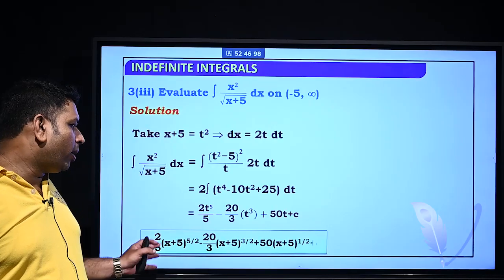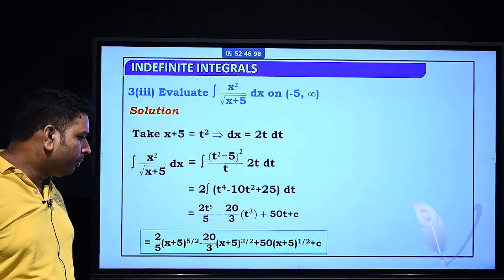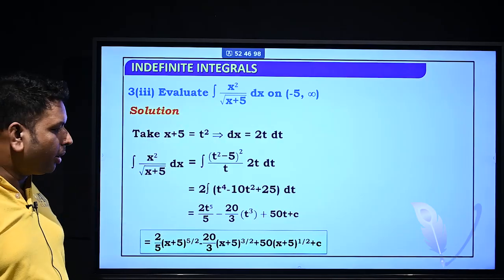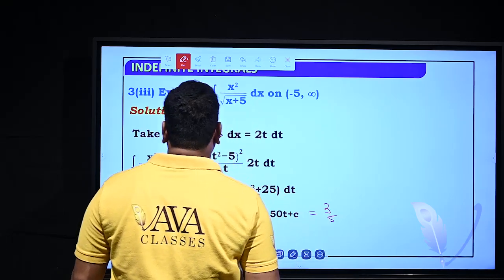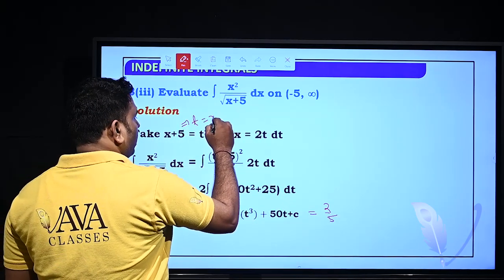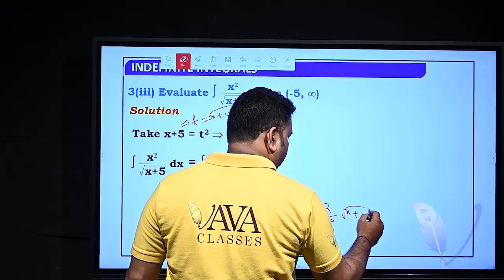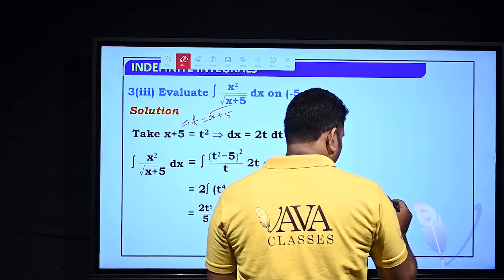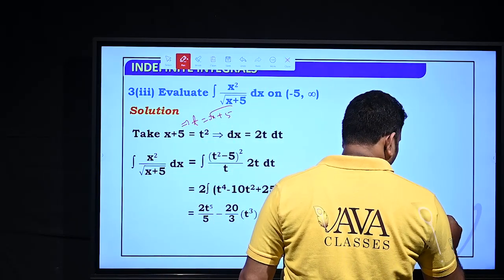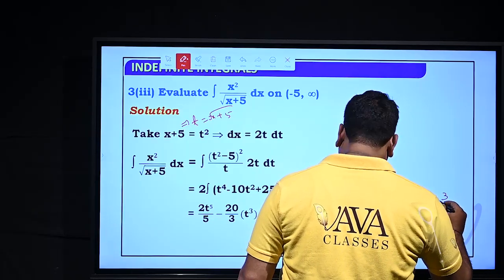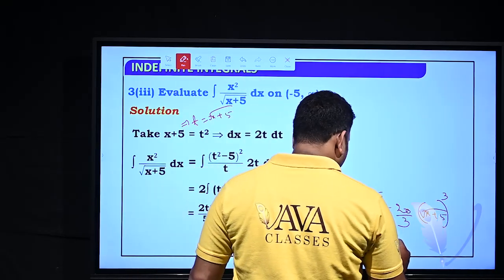So this is 2 by 5 t to the power 5. Here t is the square root of x plus 5. From here you can see this equals 2 by 5, and t is the square root of x plus 5. So 2 by 5 into the square root of x plus 5, to the power 5, minus 20 by 3 t cube. So the square root of x plus 5 to the power 3, plus 50t, and t is the square root of x plus 5,